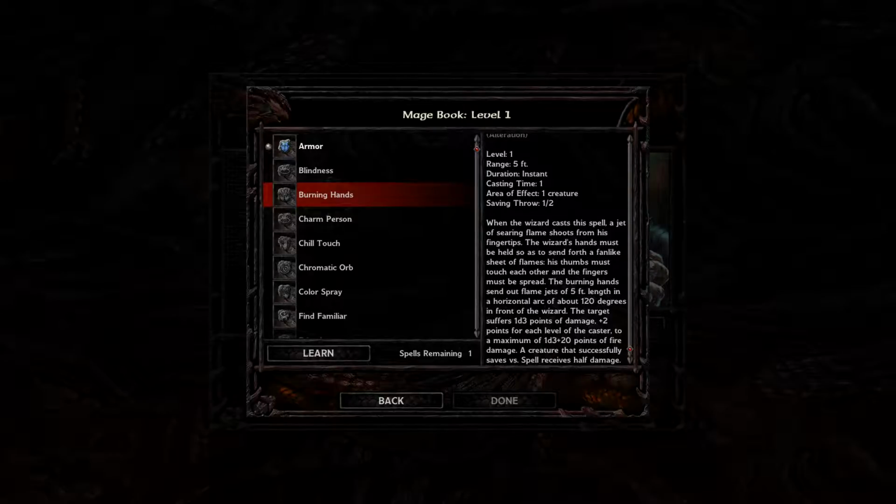Burning Hands. Searing flame shoots from his fingertips. The hands must be held so as to send forth a fan-like sheet of flames. The thumbs must touch each other, the fingers must be spread. Burning Hands sends out a flame jet of 5 feet length in a horizontal arc of about 120 degrees in front of the wizard. Target suffers